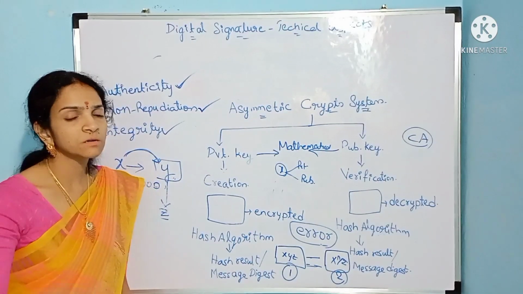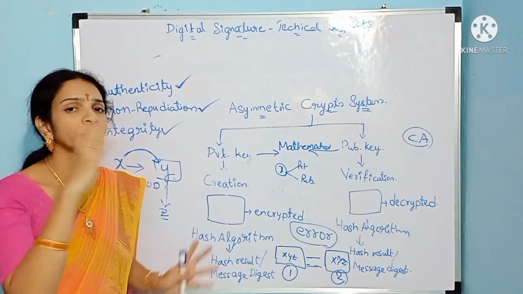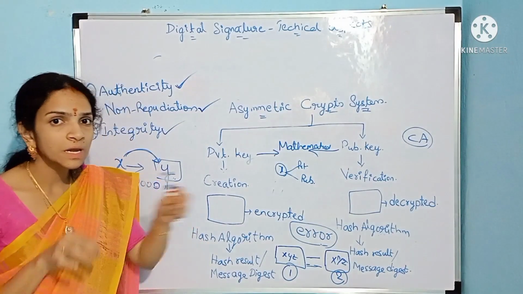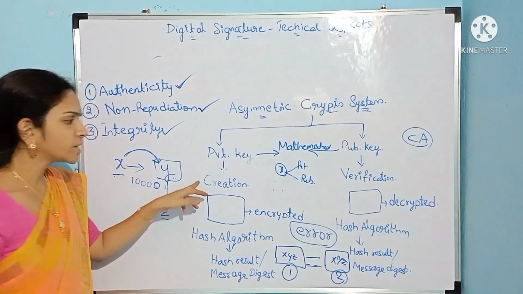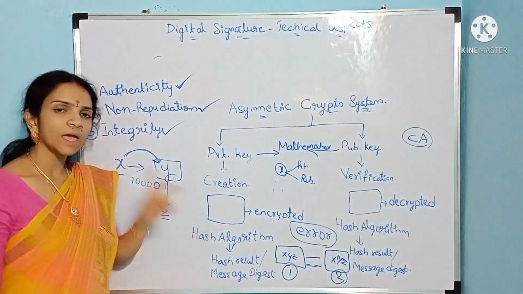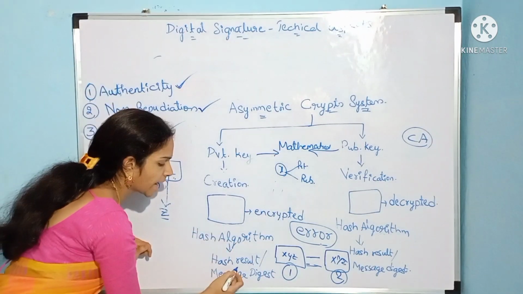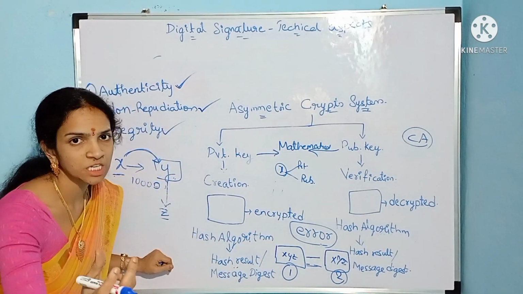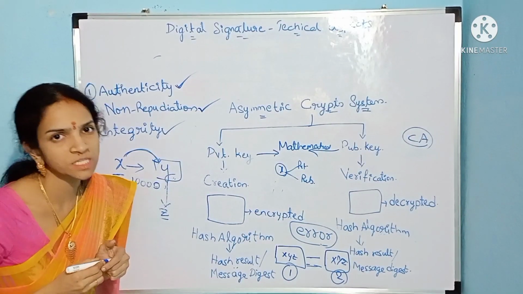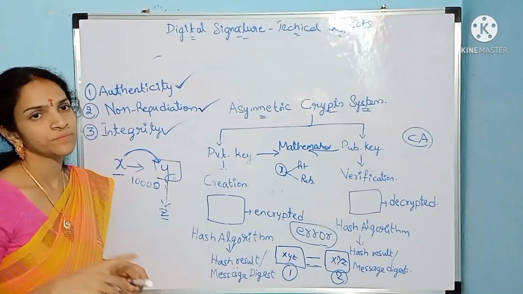I am not here to make you learn about any software, but I am just showing how it works, only to the extent of our legality. See, at the time of encryption, when applying the private key, a hash algorithm will be applied upon the document, through which a hash result will be generated. That will be called the hash result or message digest. It's a kind of code which is generated.